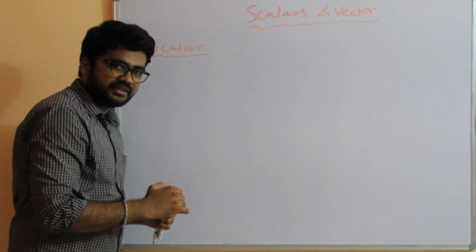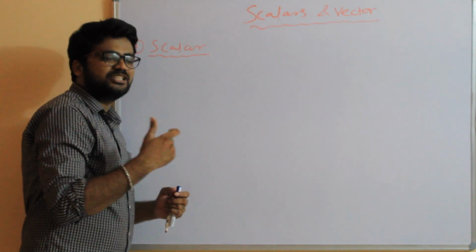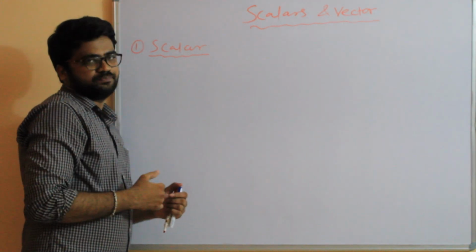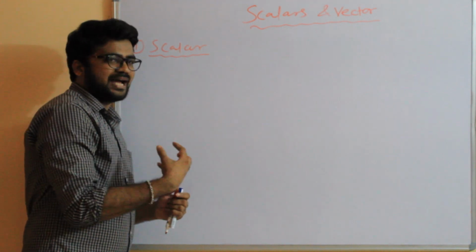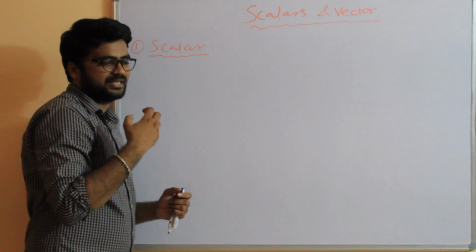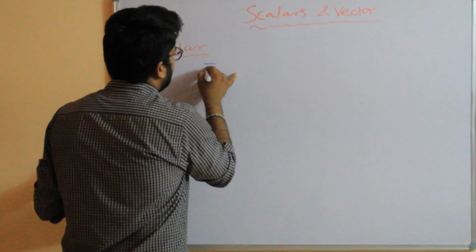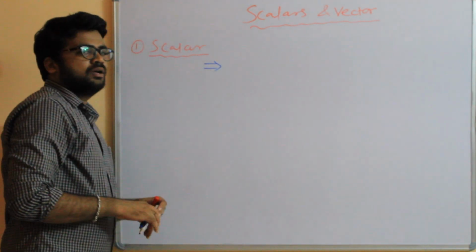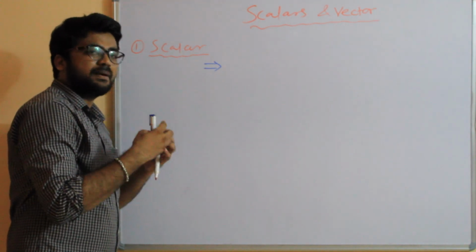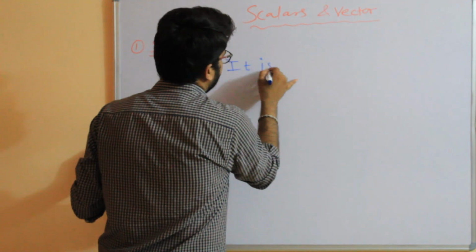It is a physical quantity which can only be represented by its magnitude, right? It does not have any direction, or if it has a direction, that direction must be in a particular, specified direction. So we can write the scalar definition as: it is a physical quantity which can only be described by its magnitude, right? So it is the physical quantity